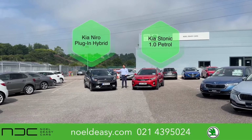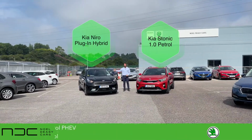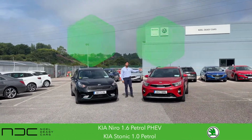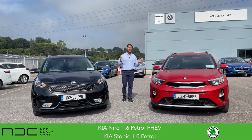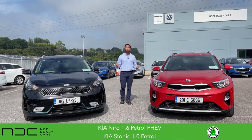Now on my right we have a plug-in hybrid which comes in the Niro. On my left we have a 1 litre petrol which comes in the K2 Stonic. Now these cars are great for your all day, everyday family run around, and at these great prices they can